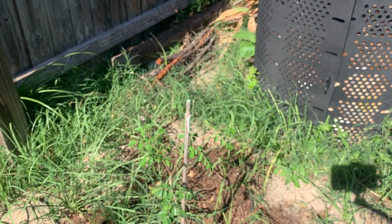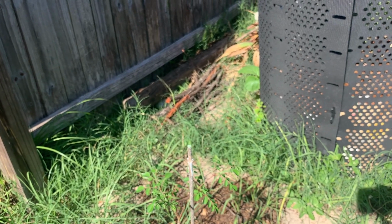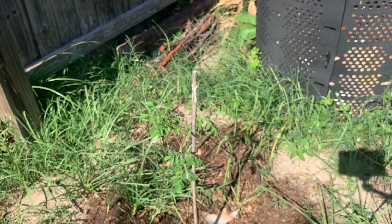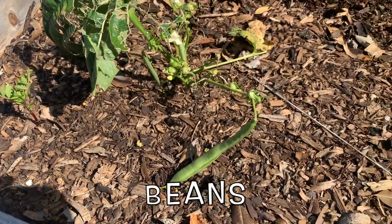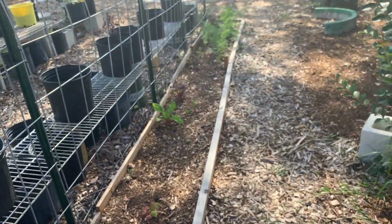The other one we showed you earlier, we're going to treat more like an annual. Pull it up and consume the leaves, the roots, the bark, whatever we can at the end of the season. So you can see we've got some string beans here on this back bed,